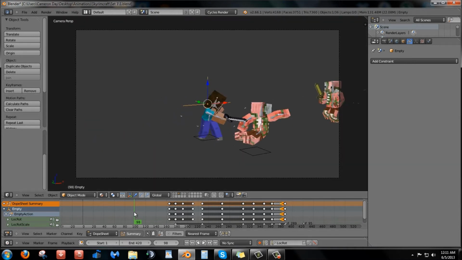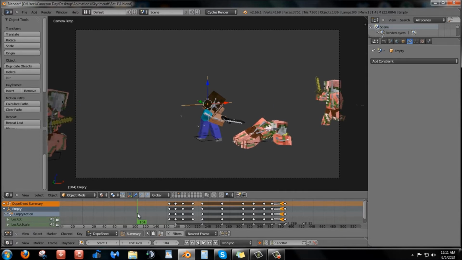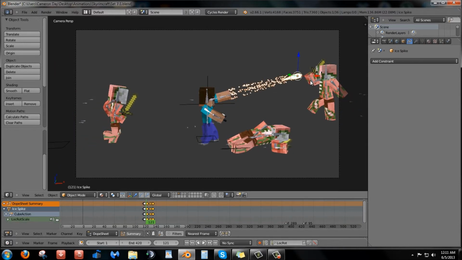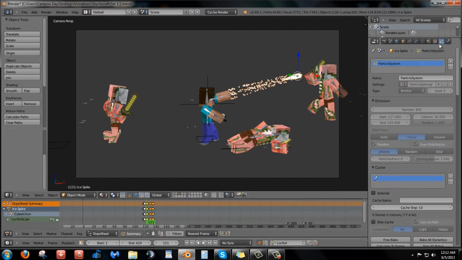What else? I know someone asked about, hold on, I got a list here, so I'm just marking stuff off. Someone asked about, of course, the spell that he casts. That's Ice Shard from the Skyrim game. I tried to implement as many elements from the game as possible, excluding the arrow to the knee jokes, because those are worn out. Basically how I did that was, obviously, I have a particle system on the Ice Shard itself. And let's take a look at that particle system right now.